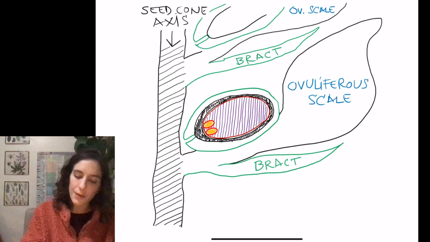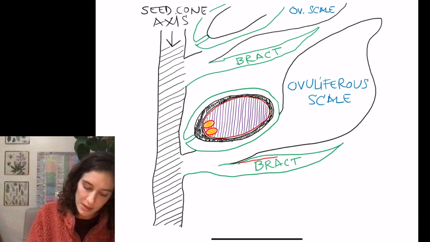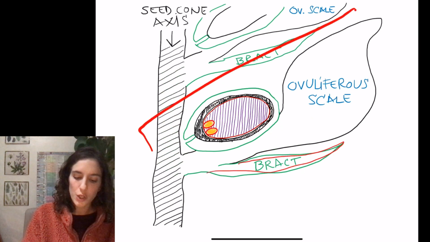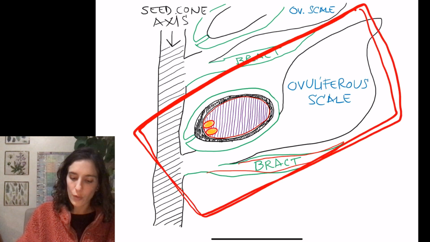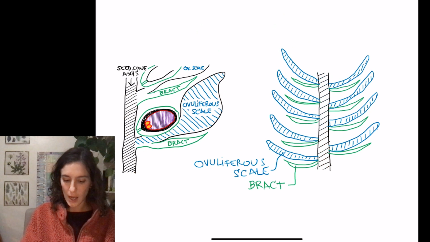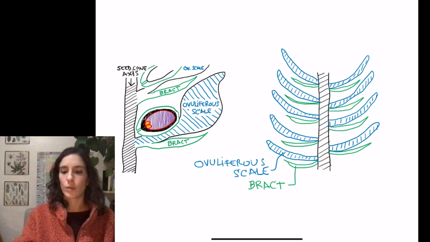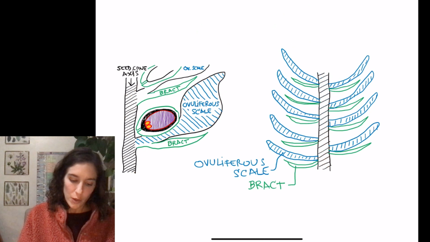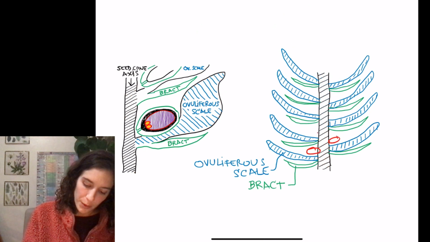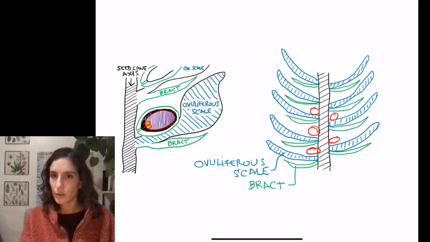An ovuliferous scale also has a sterile bract associated with it, and this unit of structures is repeated over and over again on an ovulate cone. That's what we're seeing here. So really there'd be an ovule right here, ovule right here, ovule right here. Or maybe a pair of ovules,